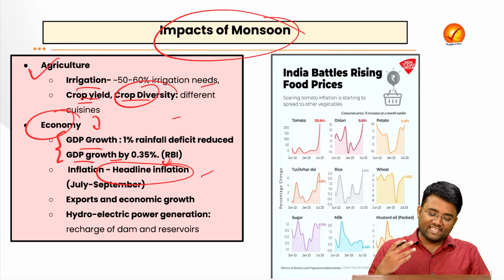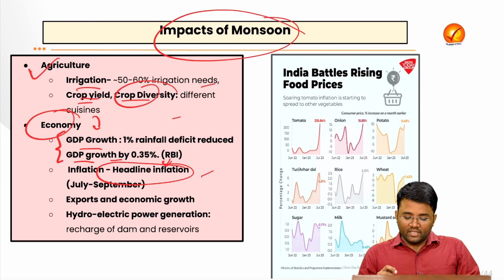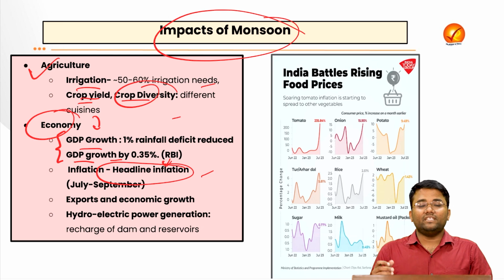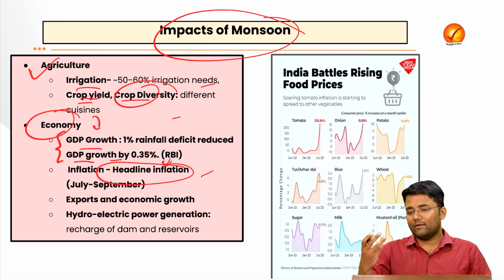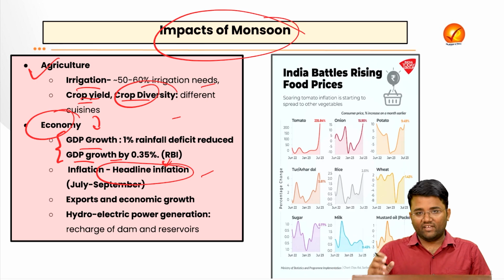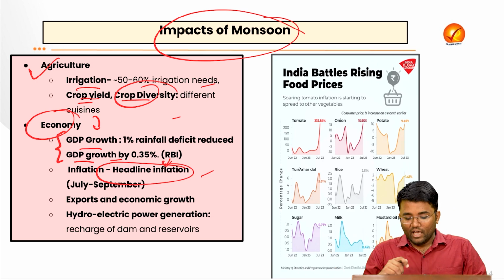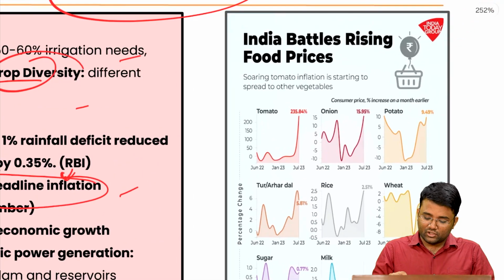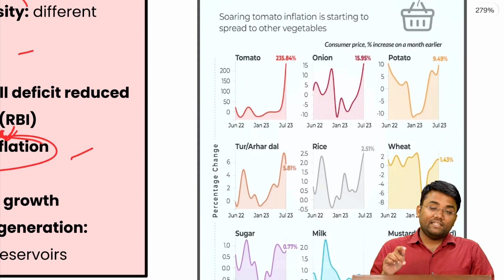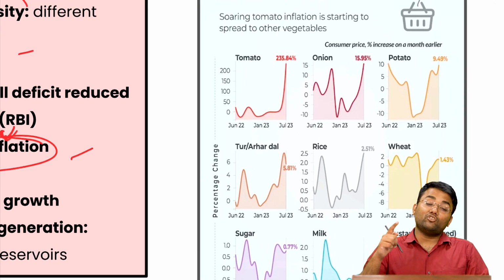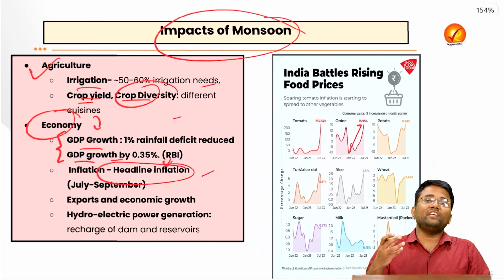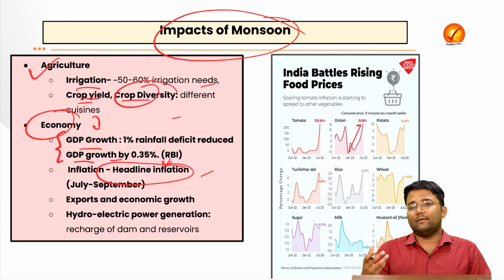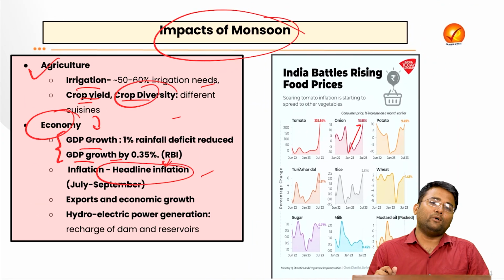But there is another aspect. There are various observations which we have seen in the economic survey also. The headline inflation, where the food and fuel components are much more as compared to the core inflation, where the food and fuel components are less. Now, if you look at some of the months of monsoonal rainfall, the headline inflation becomes high, or the food inflation is very high. One important reason for that is that the plucking of these food products, these vegetables, etc. gets highly impacted because of monsoon rainfall.